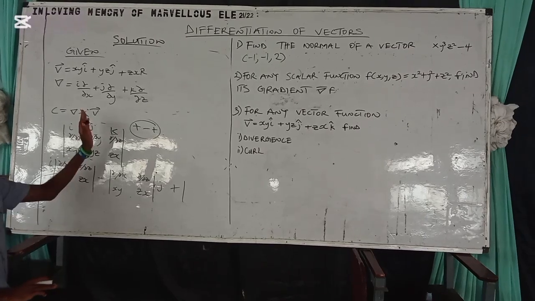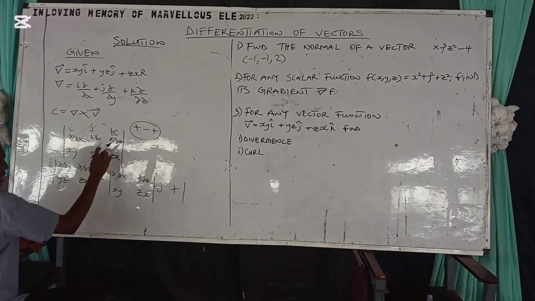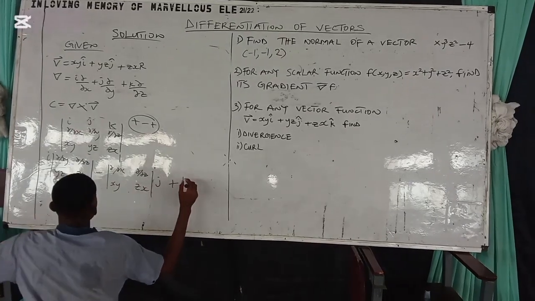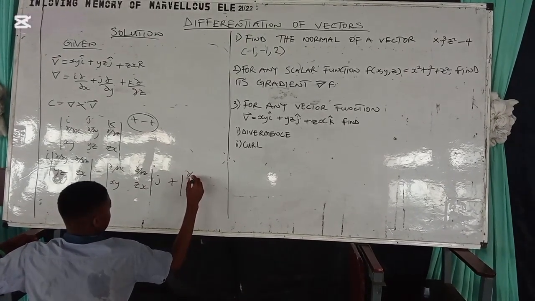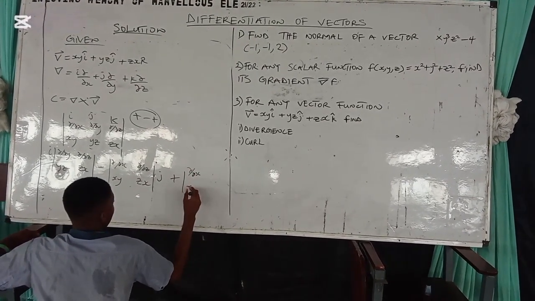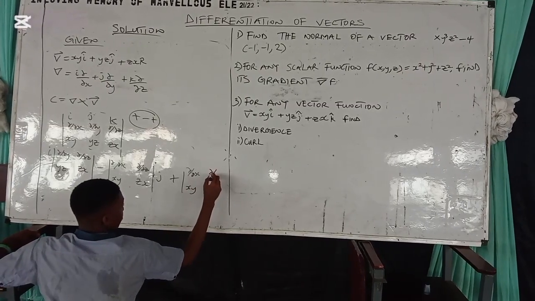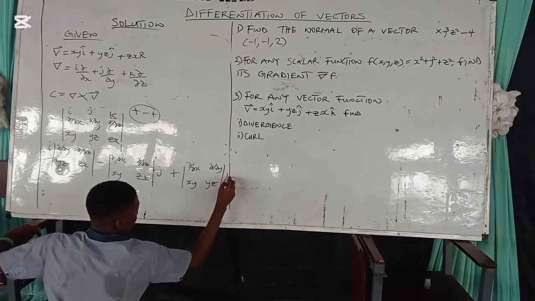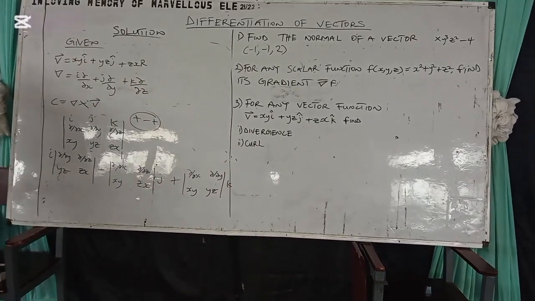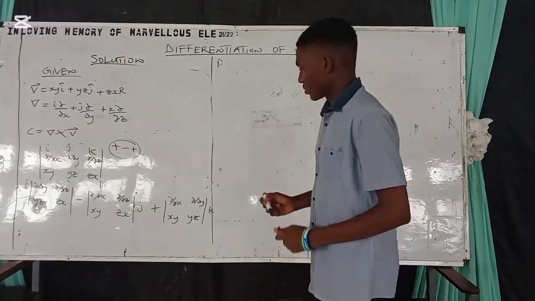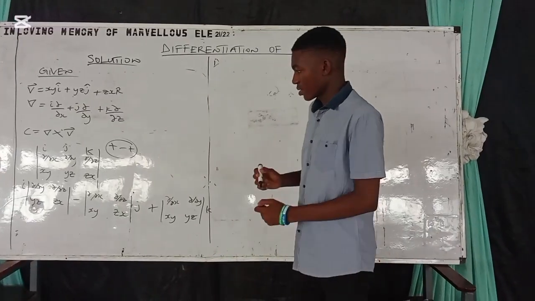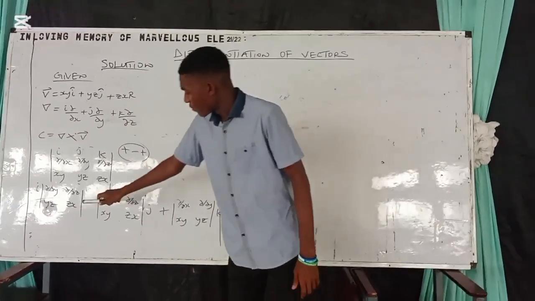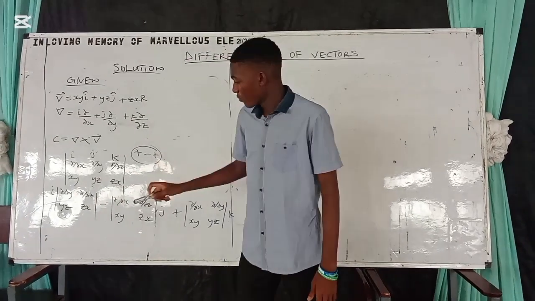For k, eliminate the vertical and horizontal component of k. So eliminate here and here. What do we have? We have partial with respect to x, xy, partial with respect to y, and yz, k. Okay? That's still solving. Now, in the cross product, don't forget,